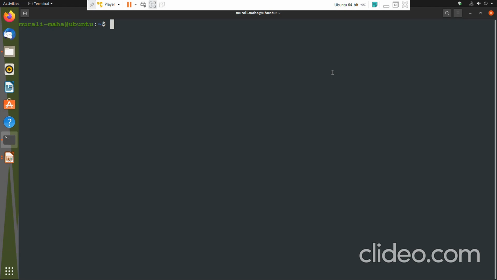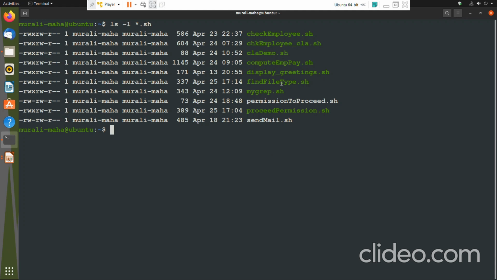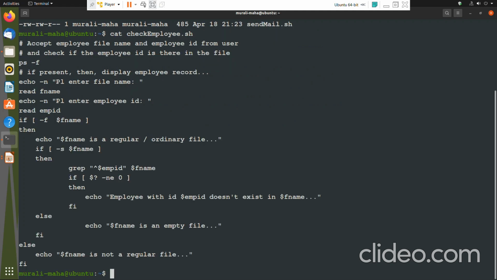Let us now look at the different ways of executing the shell script. ls -l *.sh. Okay, let us pick up any shell script, like cat check_employee.sh.